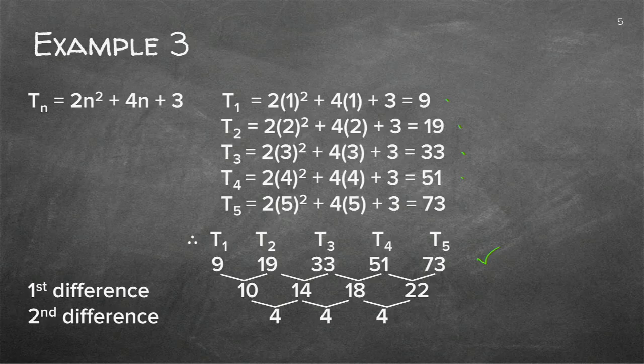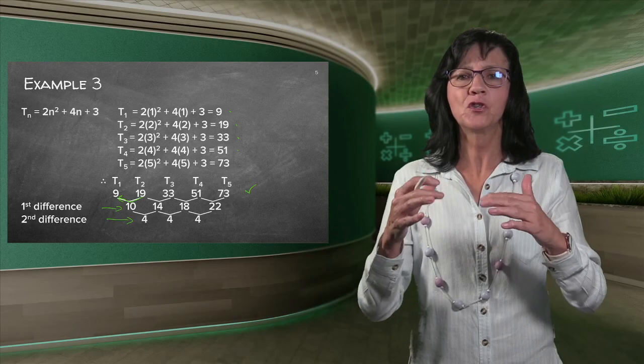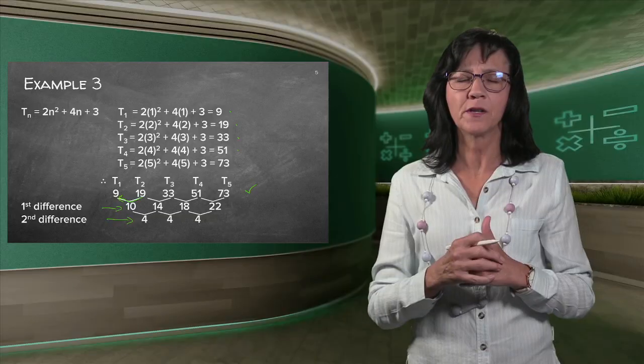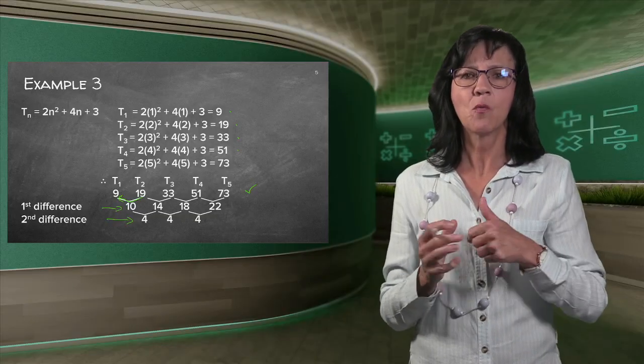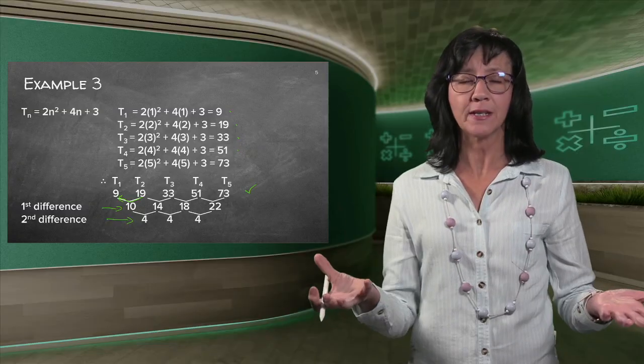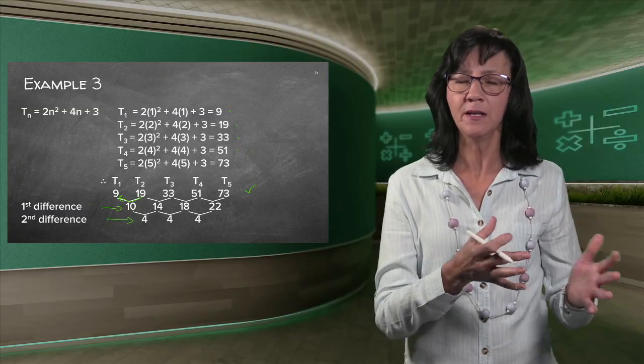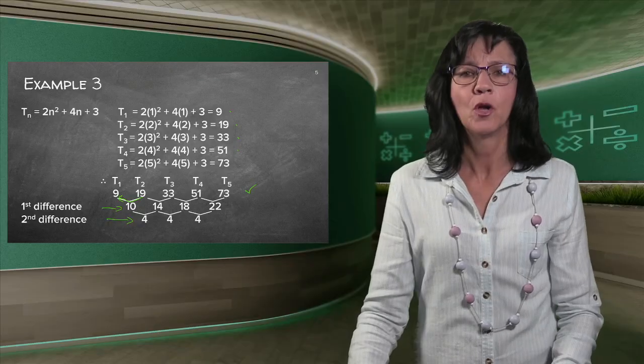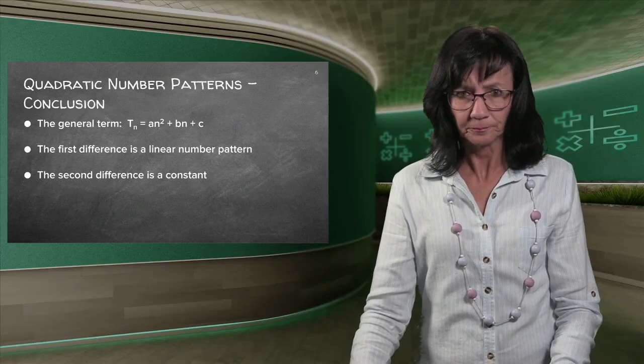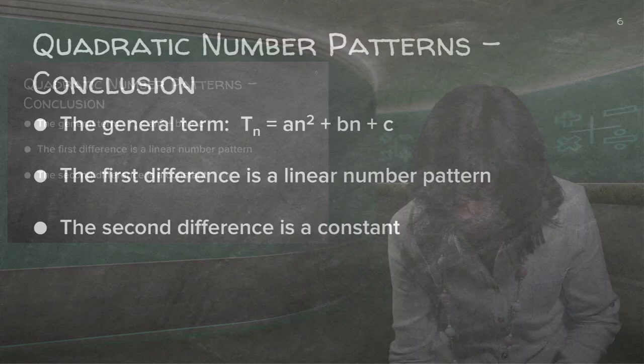So there, and if I then take the first difference there, 10, 14, 18, there is a kind of a pattern, but it's not the same. If I take the second difference there, I will see the second difference is the same all over. Good. Now, there's a very good reason why we first check all these different quadratic sequences. This is the one that we can actually now already call a quadratic equation, ax squared plus bx plus c. It's the one you know from long ago where we did parabolas. Good. So there is your formula.